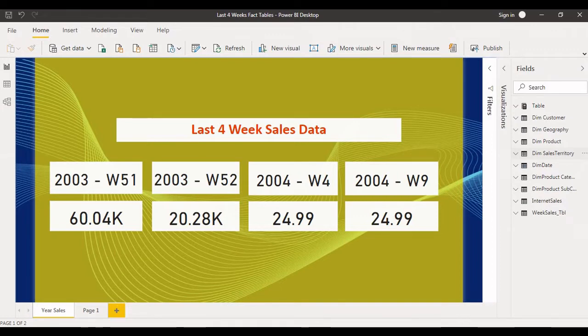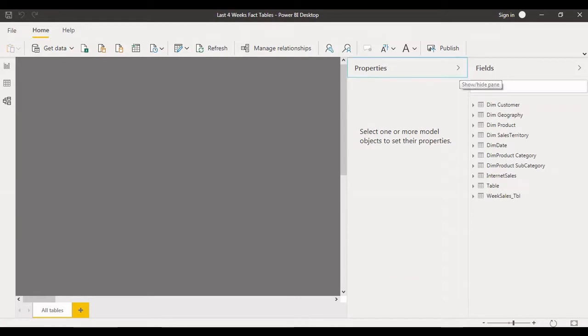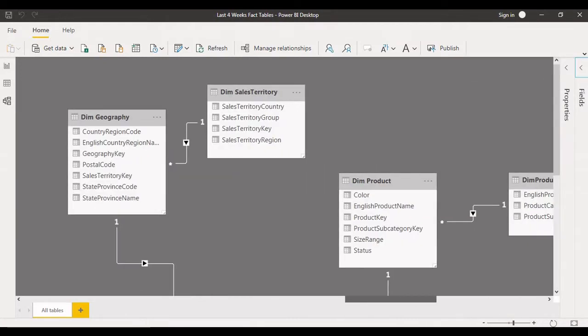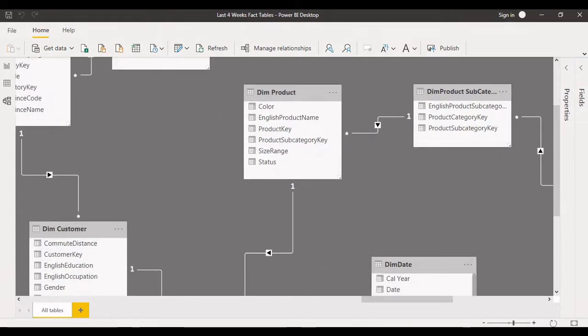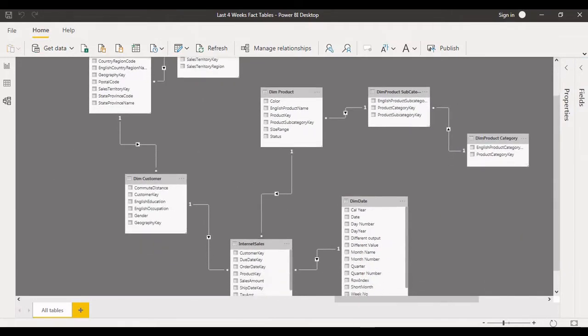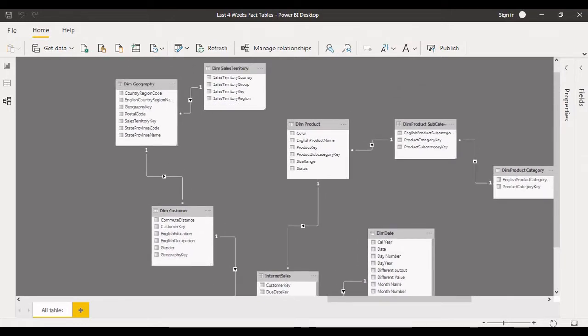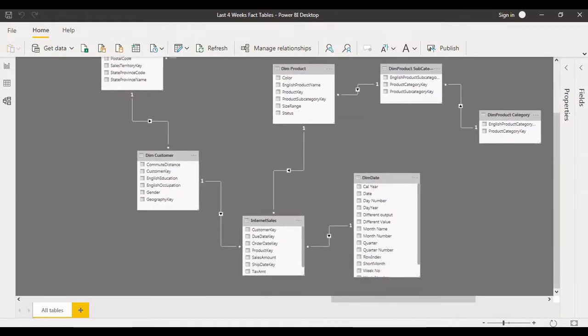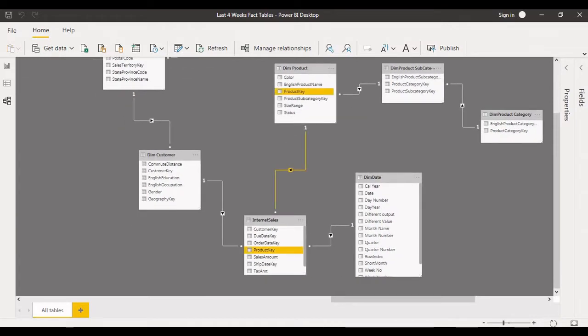Understanding relationships is very important in Power BI, so we'll see that as well. Just click on Model, collapse these two, scroll down a little bit. I'll zoom in so that we can see everything clearly. Now we can see that I have already established the relationship between the dimension tables and fact tables. For example, if I place the mouse over here, we can see that based on the product key column,